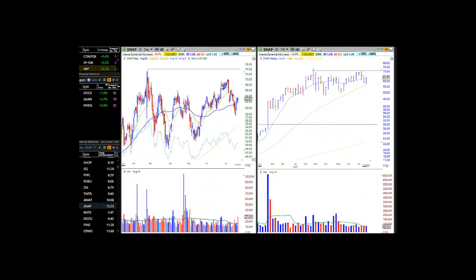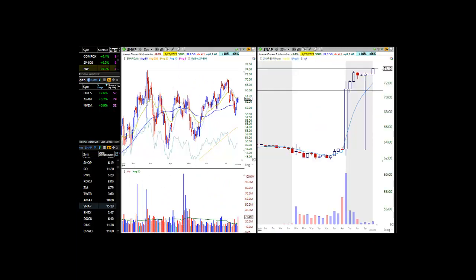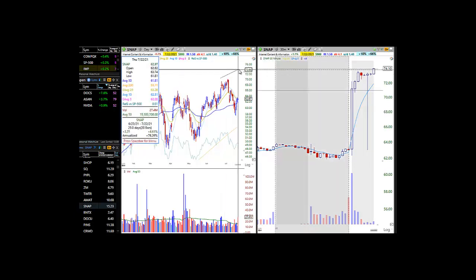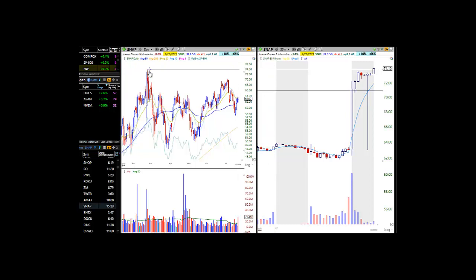Next up is Snap, which is in play because of its reaction to earnings after the close on Thursday. Snap closed at 74.10 on heavy volume, and that close, if it holds, puts it above the all-time high. So that would be a breakaway gap up, again, if that holds. And if volume is strong, that would be a buy signal and really a priority buy for us here in the chat room. It might be tough to make this an official trade on Friday morning,